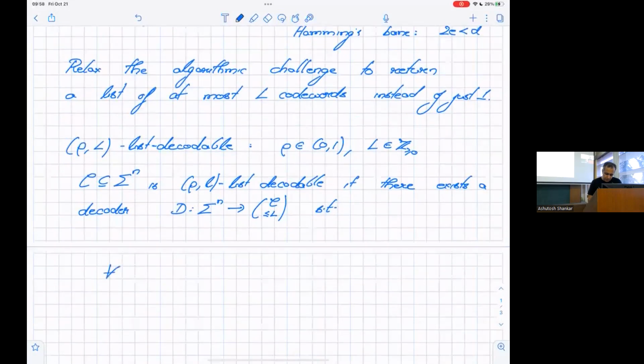For all C in the code, if this purported code word that the decoder got was actually obtained by making rho n errors, this list should contain C, in other words, one, and if the errors are